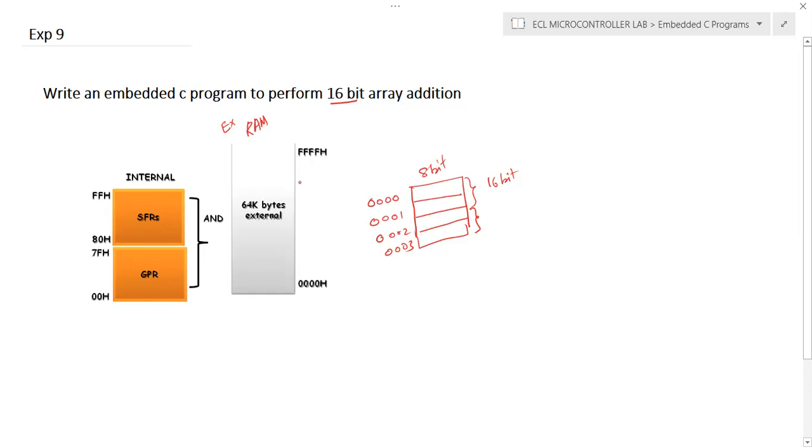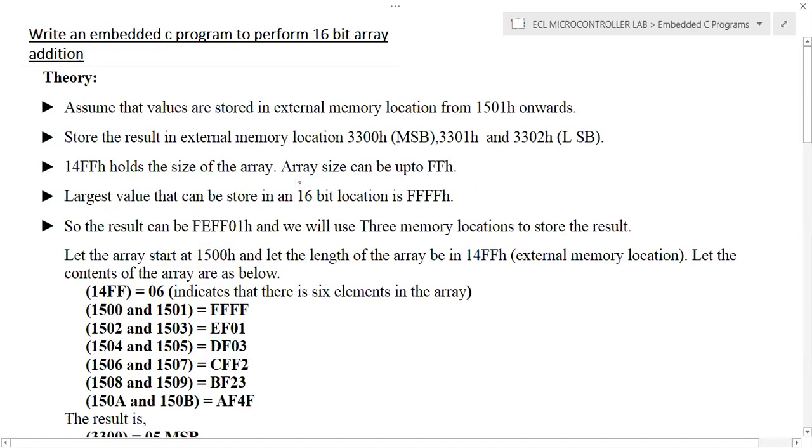Now we'll see how we can perform 16-bit addition. In this particular question, memories are not specified, so we'll assume some values. Assume that the values are stored in external memory location 1500H onwards, and after the operation, store the result in external memory locations.